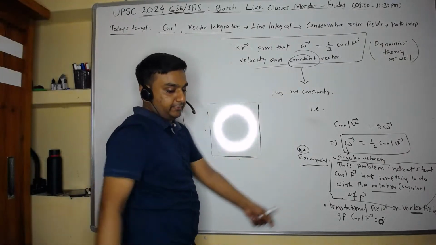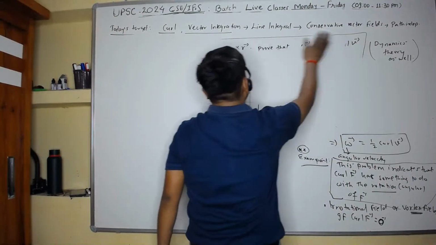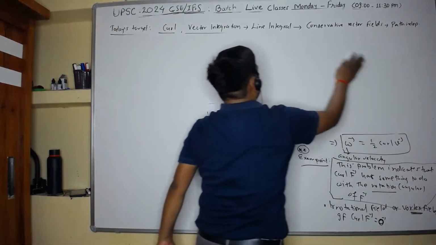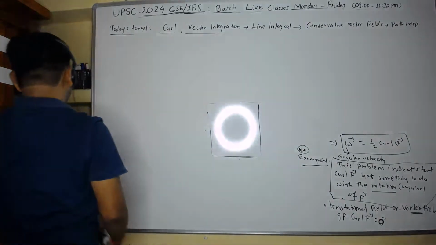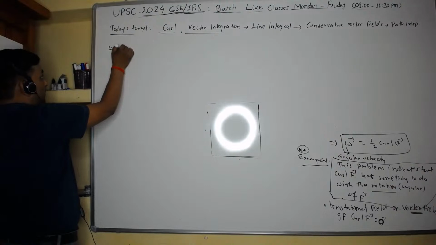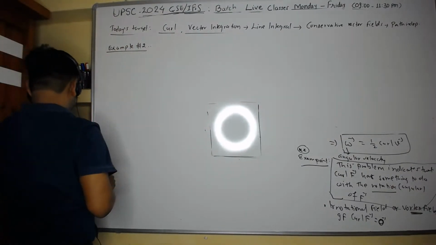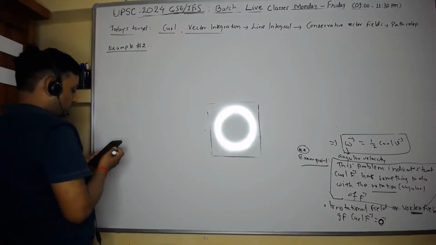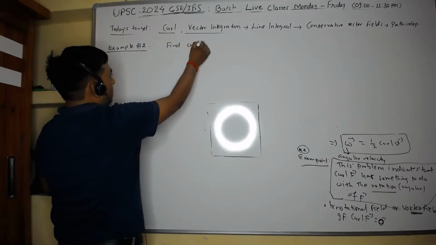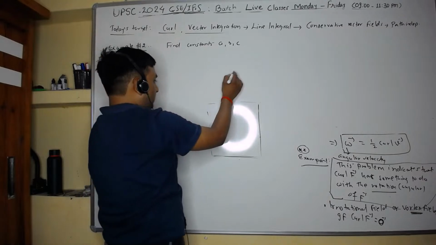इसको भी लिख लेंगे. Let's take one more example. Write down, please. The question is, find constants a, b, c